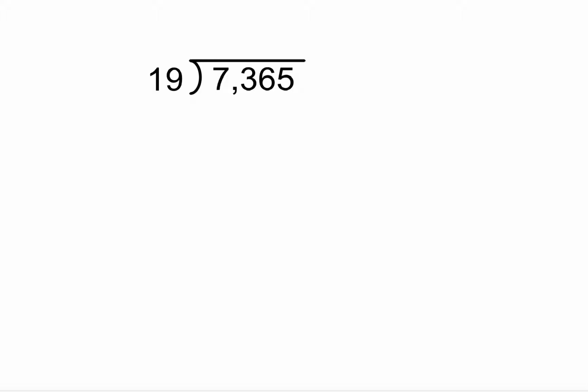So this is the problem I'm going to use to demonstrate. 7,365 divided by 19. All right? The first thing I want to do is draw my little thinking guy over here. All right? Because I think it's important that you understand you have to think a little bit